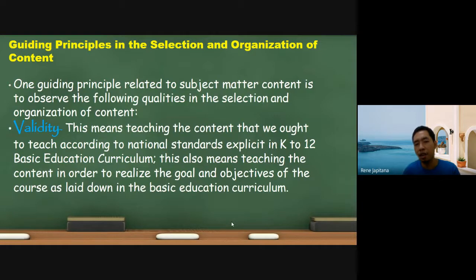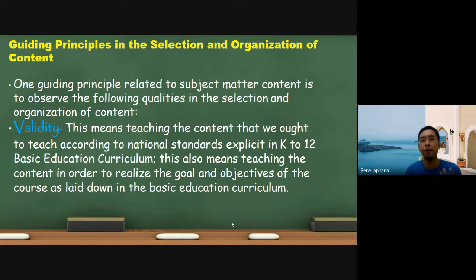Because of the pandemic, there are thousands of competencies in a certain subject. Hundreds or thousands of learning competencies in a grade level, and hundreds in a certain subject area. Because of the limited time we have, because of the online class and the modular class, they were consolidated and integrated. That is why it is called the most essential learning competencies. I think there are 6,000, or I don't know the exact number.